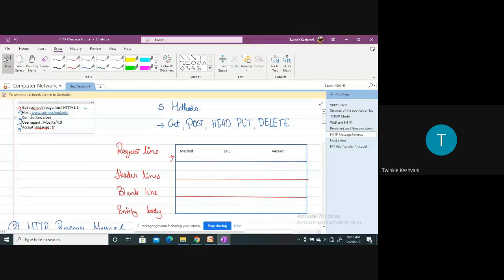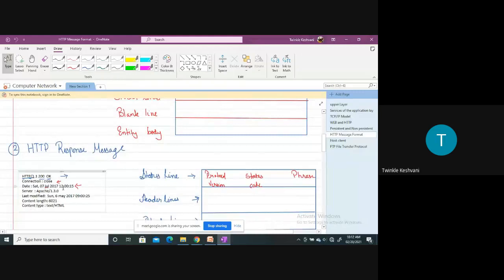Now let's consider the request message. You can see here connection close is given, the user agent is Mozilla 4.0, and the accepted language for the object which the client has requested is the French version, right? The client is requesting the French version of the object. And in the response message it is given as connection closed. The date and time mentioned in the response message is the time when the response message was created, not when the object was created.